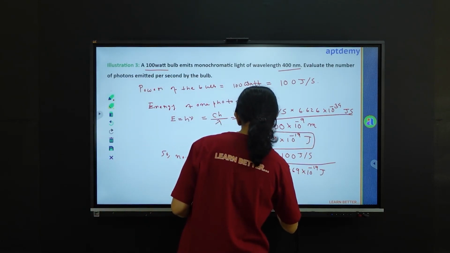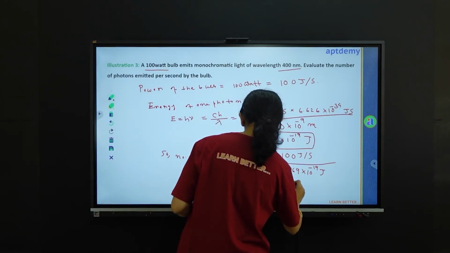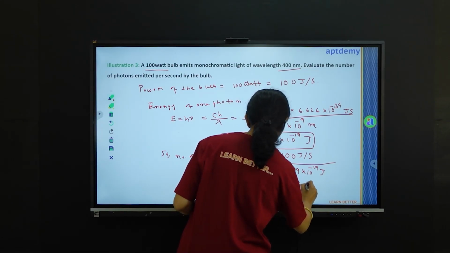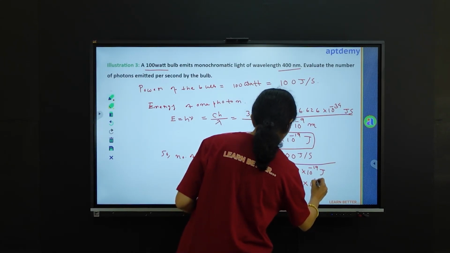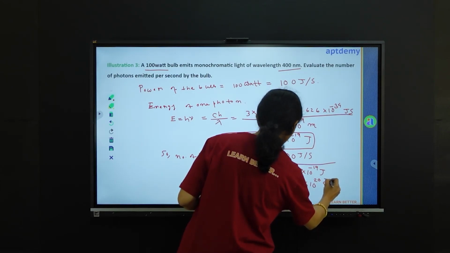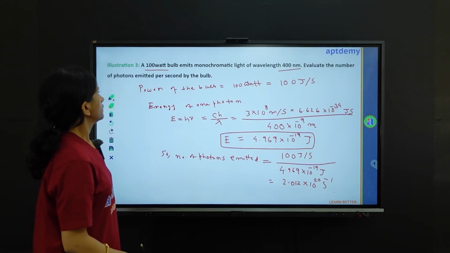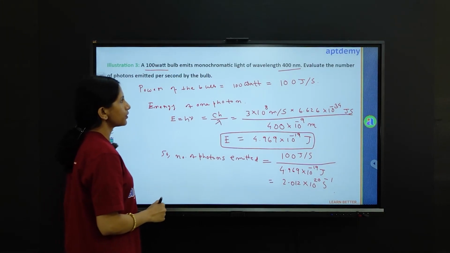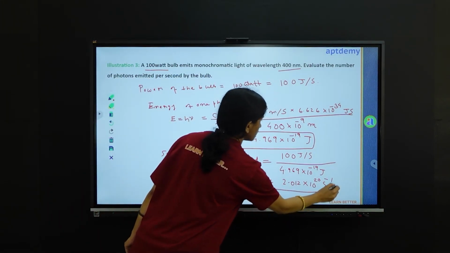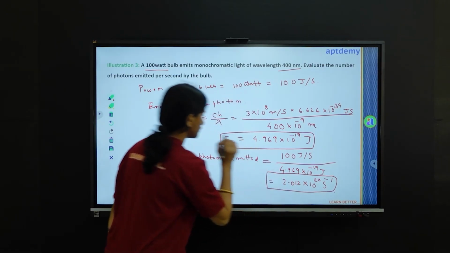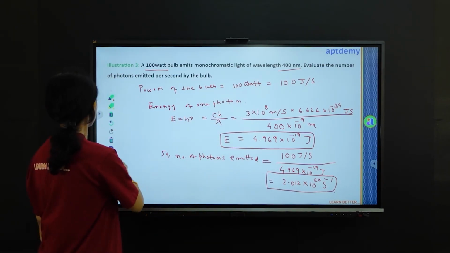And now after solving, the result is 2.012 times 10 to the power 20 second inverse. So this is the number of photons emitted that has been asked in this problem. Simple. Now let's